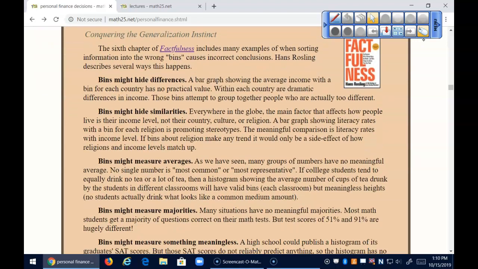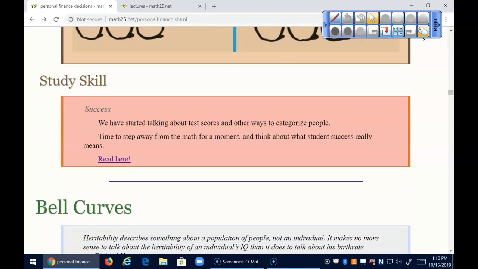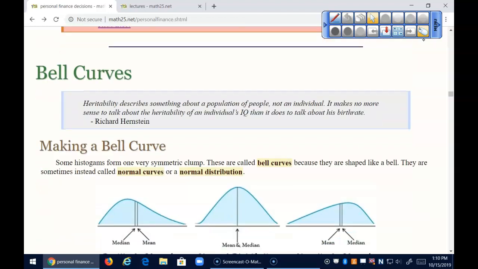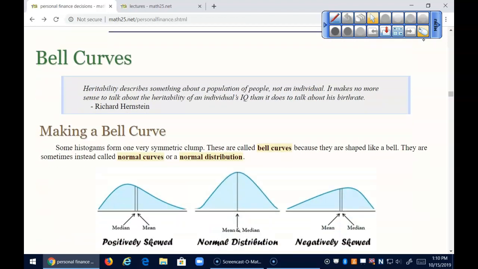There's a Factfulness thing you can read at home about generalizations, not assuming things are more typical than they are. We're going to stop, not talk more about bell curves, save that for tomorrow, and spend the rest of our time doing the homework comparisons. So you can now do all the typicality homework if you wanted to rush ahead, but we'll talk more about it and do more examples on Thursday. If you want to wait, that's great too.